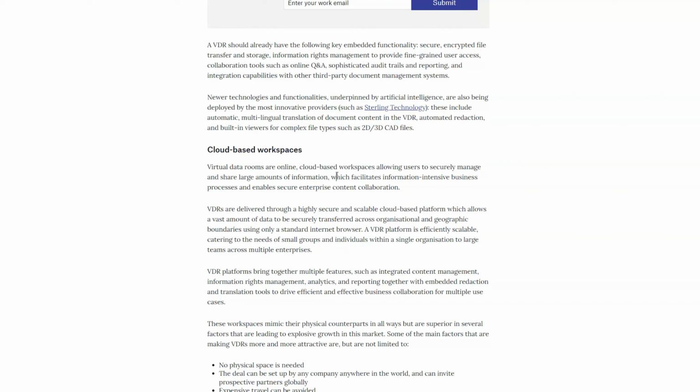This workspace mimics its physical counterpart in all ways, but is superior in several factors that are leading to explosive growth in this market. Some of the main factors that are making VDRs more and more attractive are, but are not limited to: